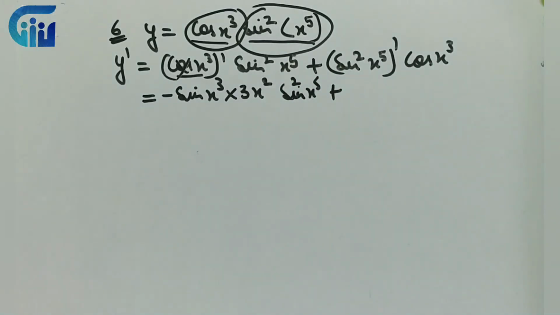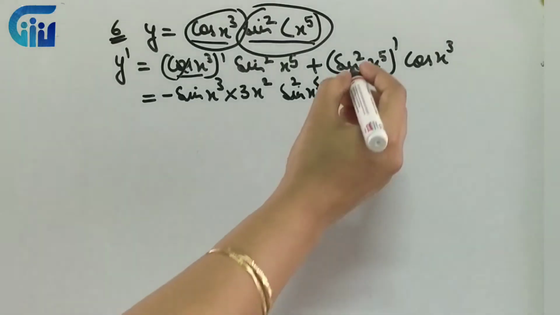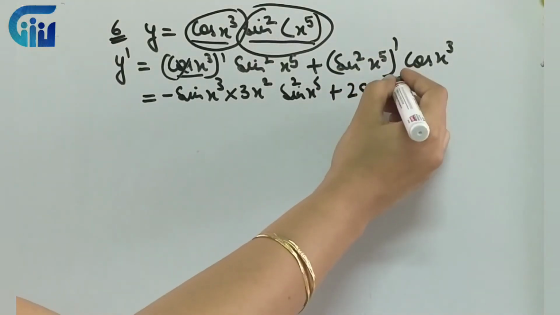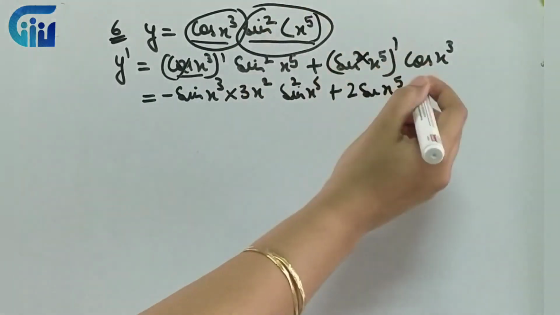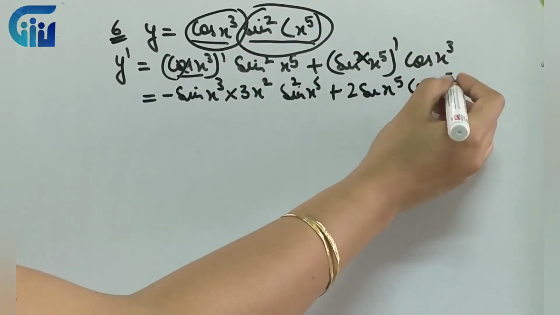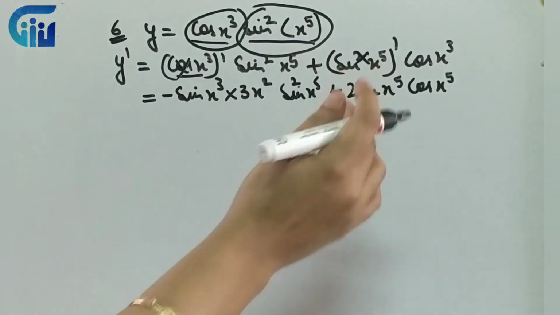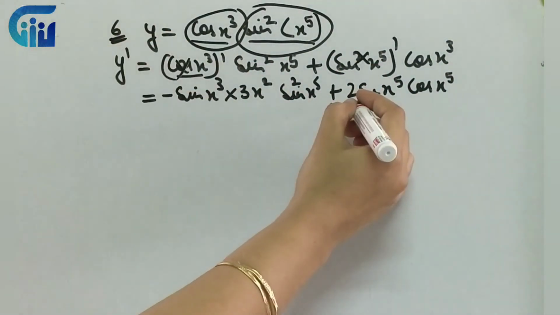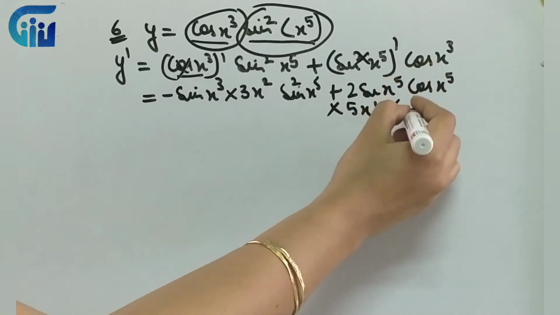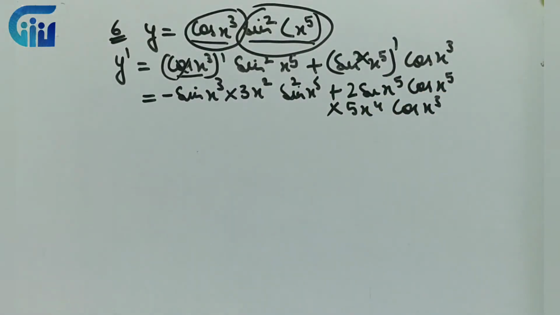So इसका हो गया. Now if I move on to this part, I'll again observe, does this function have a whole power? यहाँ पे whole power है. What is the whole power? It is 2. So I'll differentiate power first, then the function, and then the angle, right? So 2 sin x5 power का हो गया, sin का derivative, it will be cos x5, फिर x5 का derivative will be 5x4, and then this cos x cube will be as it is, right?